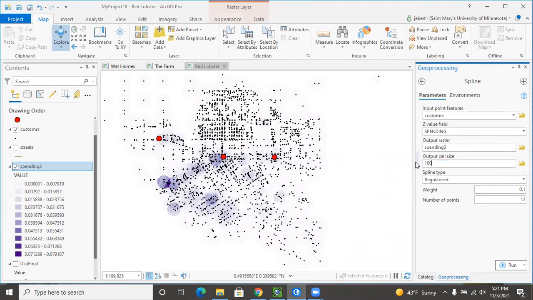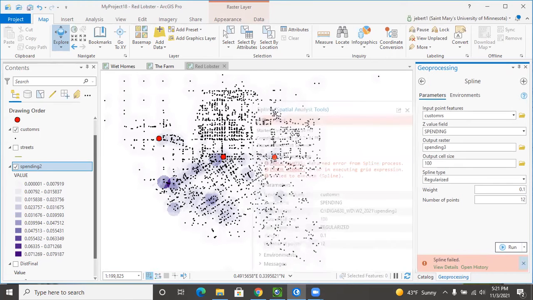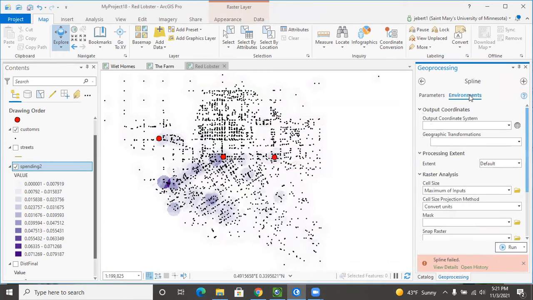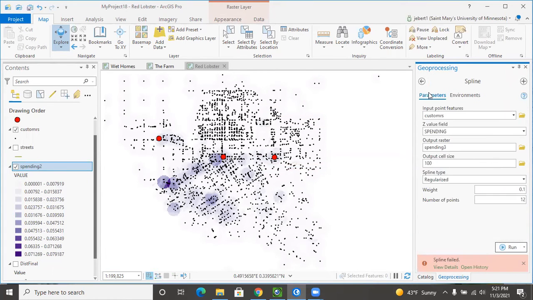Cell size 100. I'm going to see if this makes a difference. It didn't in any of those other applications, so that's what's interesting to me. Okay, spending. All right. I've never tried the spline on this before. Nonetheless,